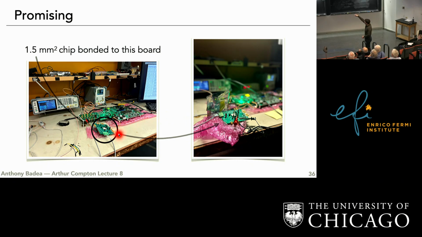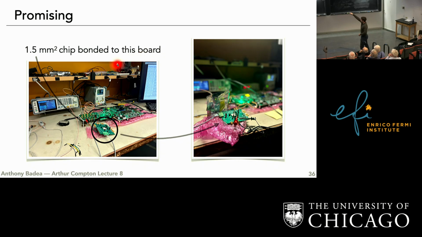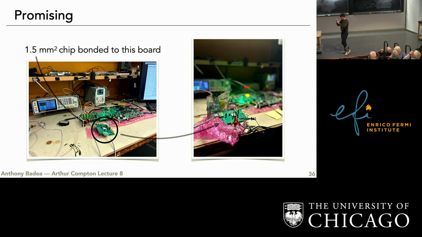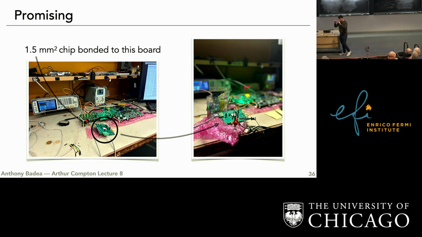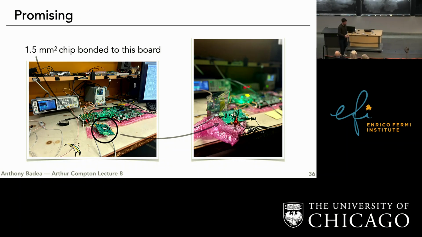And the picture that I keep showing you is designing this chip exactly. This is nearby at Fermilab, where that core idea of making measurements of the momentum and predictions if it's high or low momentum is now actually taped out on a 1.5 millimeter square chip. And that chip is underneath that gray thing right there. On the chip, there's a bunch of little pixel sensors, microns big. The data from those sensors come together, and then we actually make decisions like this.